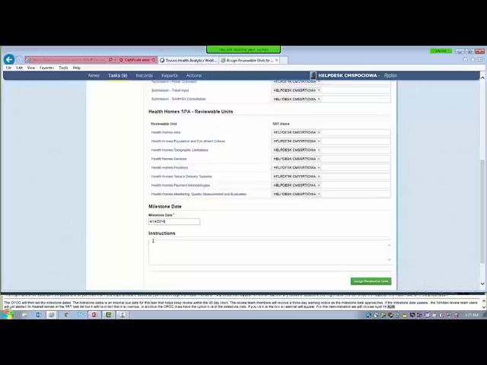There is a text box labeled Instructions. This is where the CPOC can provide instructions for the submission review team members. Consider this the Post-it note attached to the package you would be placing on your colleague's desk. We will type, "Please review the reviewable units as assigned," as instructions for the SRT members.